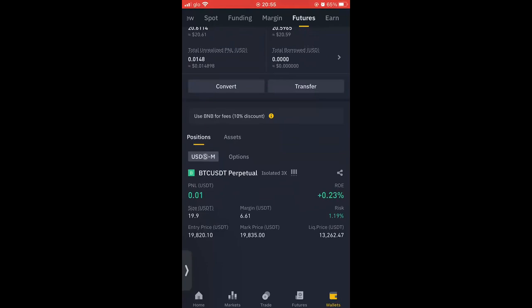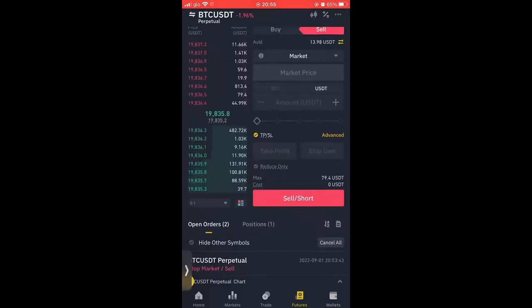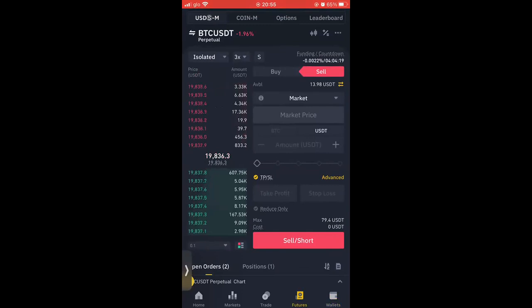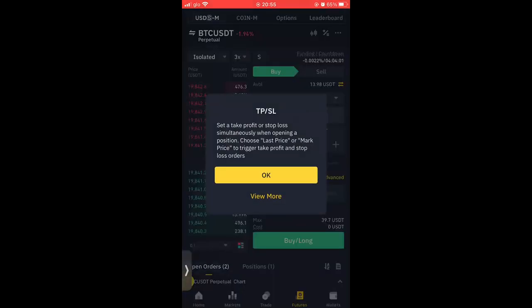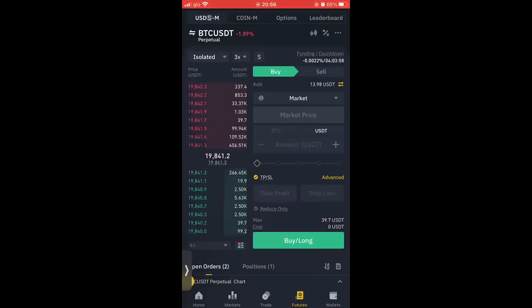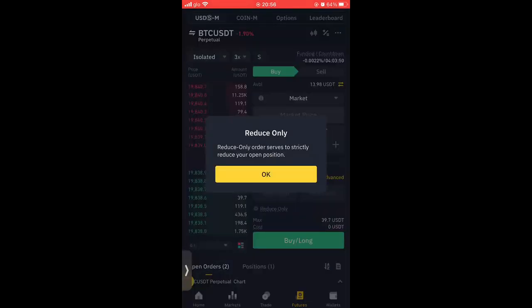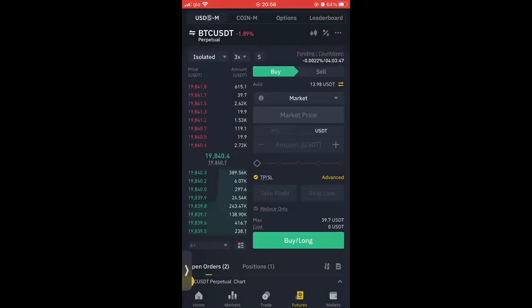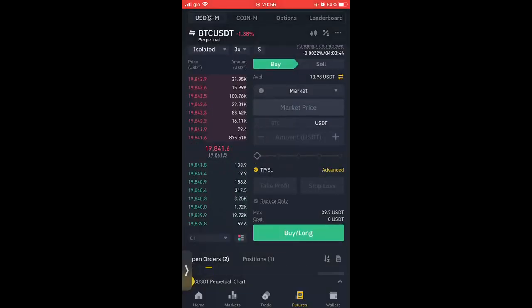There's actually another feature that I like in futures. Apart from the fact that you can set your stop loss, let me do reduce only. Apart from the fact that you can set TP. I'm trying to change it. I think I have to switch to web. Okay, I can't tap on reduce only.